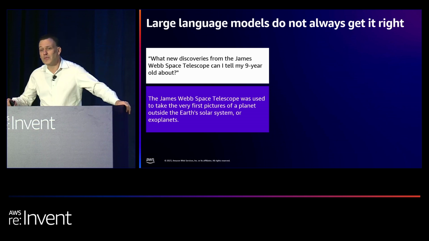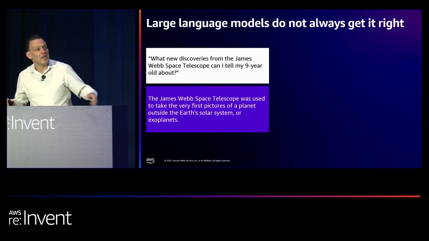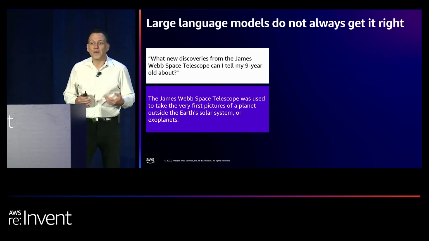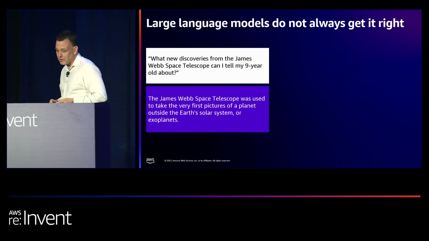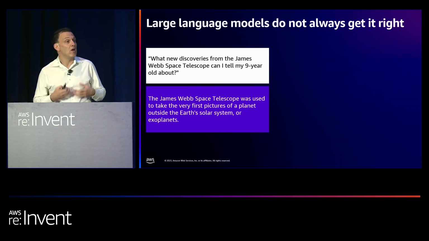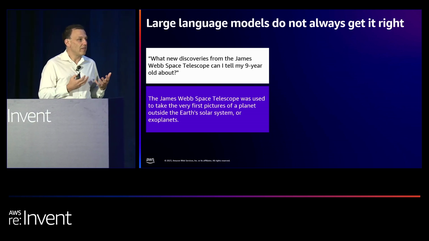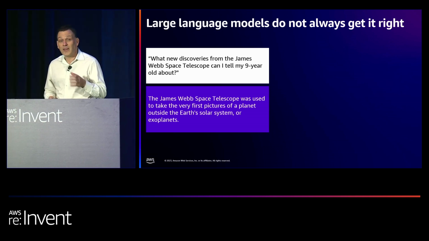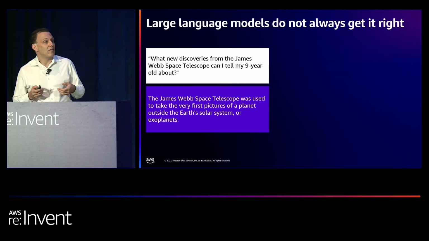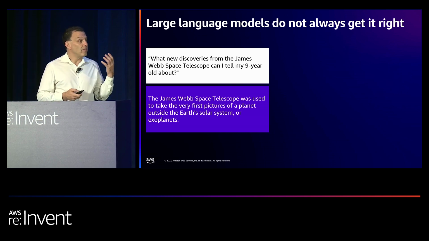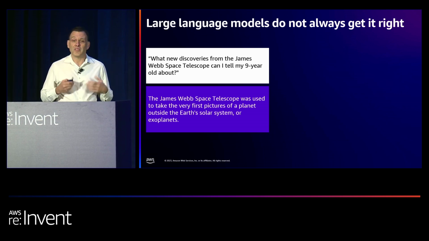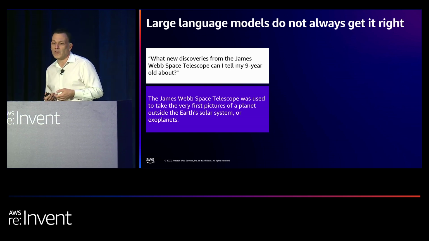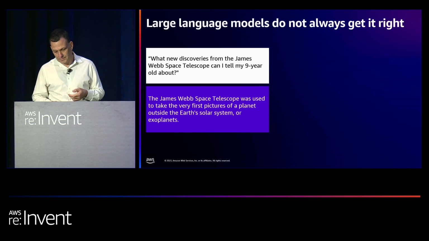This is an example of what we call hallucination. Large language models are designed to give plausible answers. They don't always give accurate or truthful answers. They'll give plausible answers based on the underlying relationship between words that they're trained on. This particular example happened at a very unfortunate time. It was when the provider of this large language model was having a rollout and presentation, and the stock value for that company dropped over $1 billion because of it.